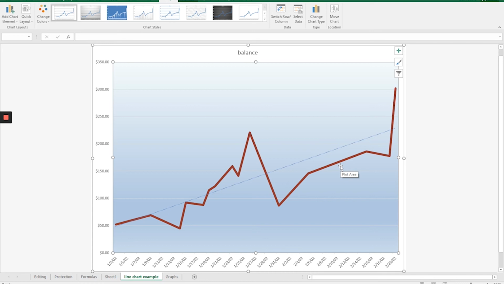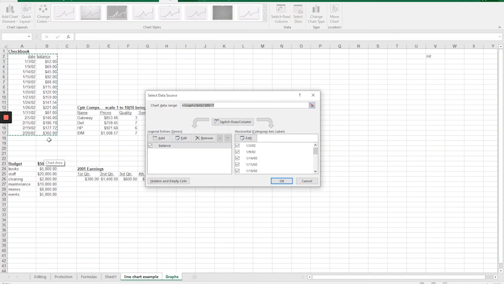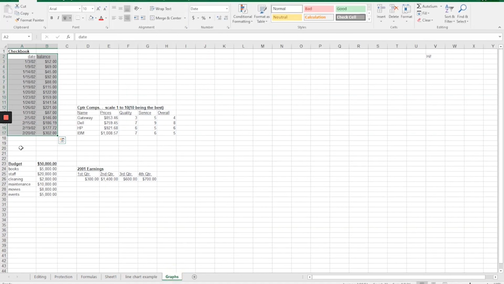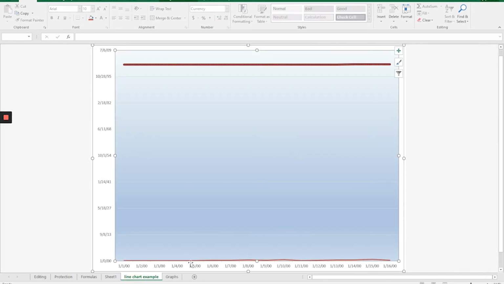Something else you will often do with line charts is you will go to Select Data, and you will add in the next row. Because if you keep adding more and more items, you could add it and change this to B18. Now, right now that doesn't work because there's nothing in B18, so it just flattens it out. But if I go back to the graphs here and I type in 2202 and say 143.28, then when I go to my line chart example,